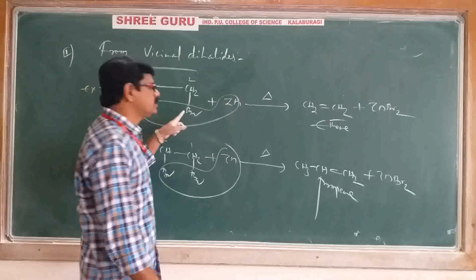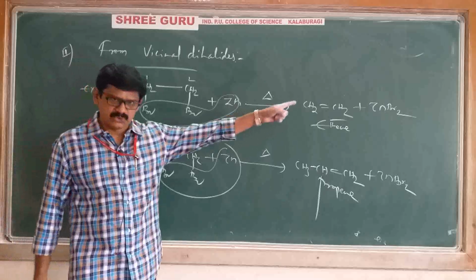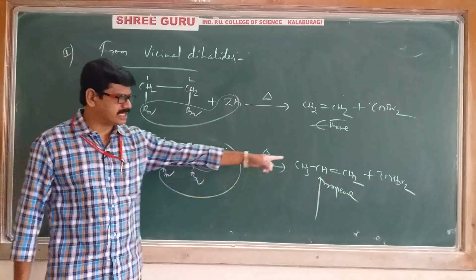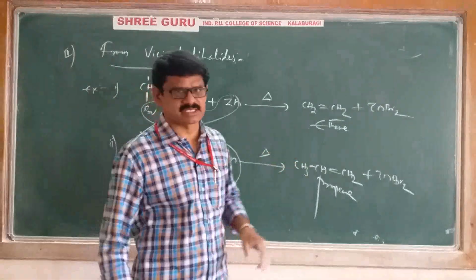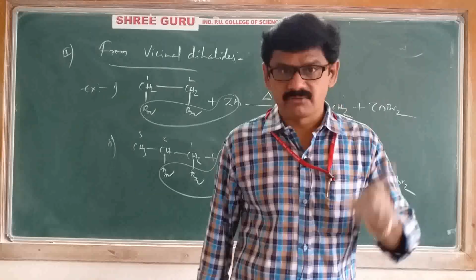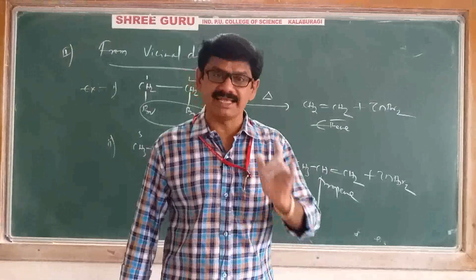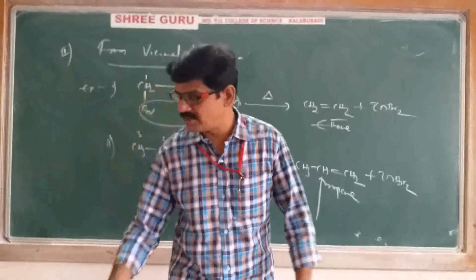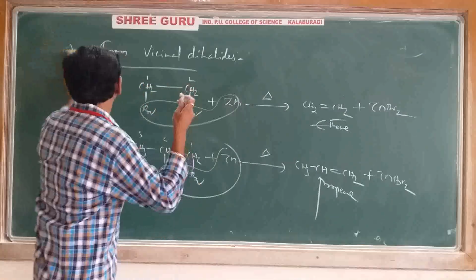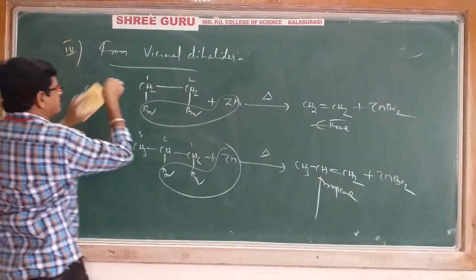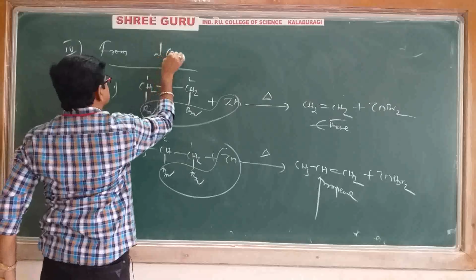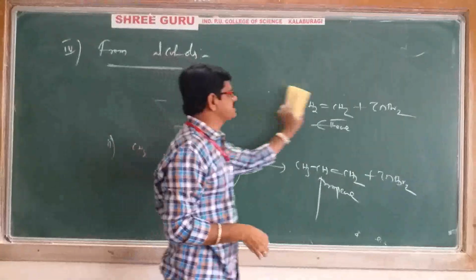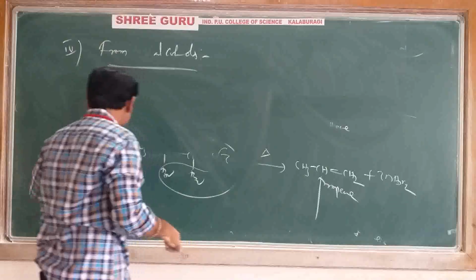1,2-dibromoethane is converted to ethene. 1,2-dibromopropane is converted into propene. That's it. This is the third preparation method. Once again, we'll recall: what is the first method? From alkynes. The second method is from alkyl halides. The third method is from vicinal dihalides. And we'll have the last preparation method, the fourth one, from alcohols. How alcohols will be converted into the corresponding alkenes, let's discuss now.